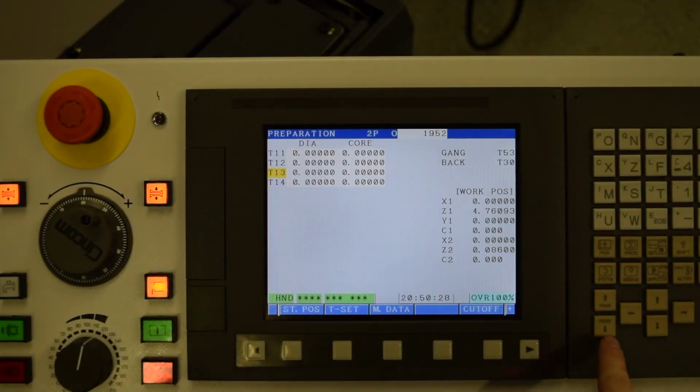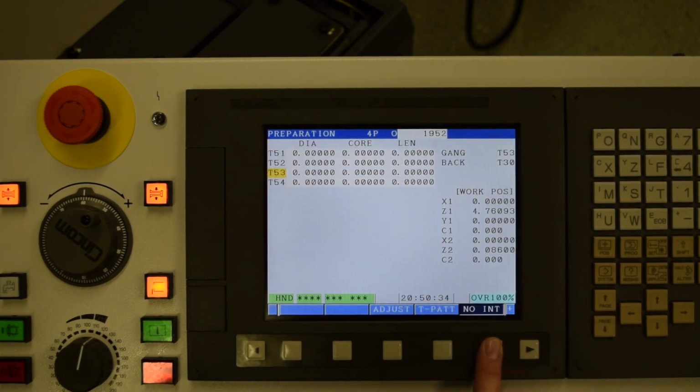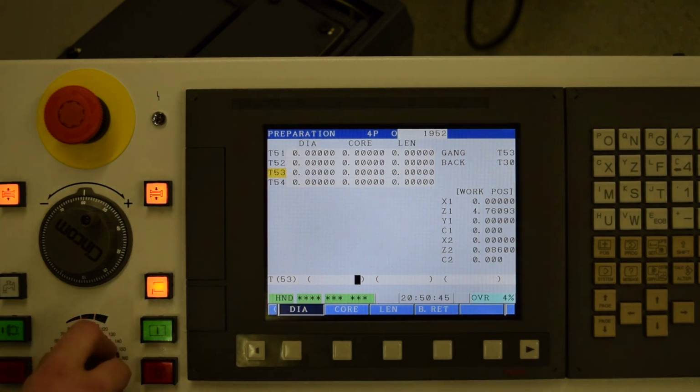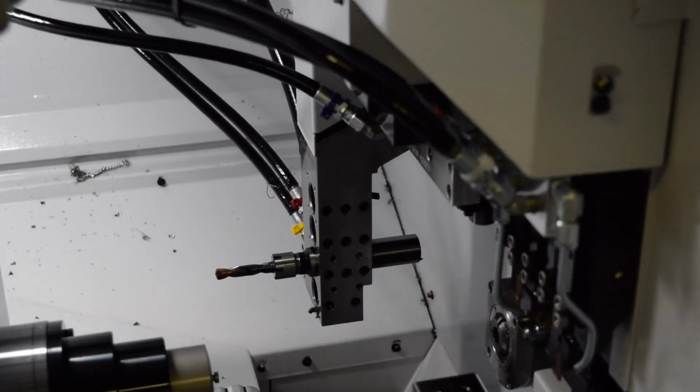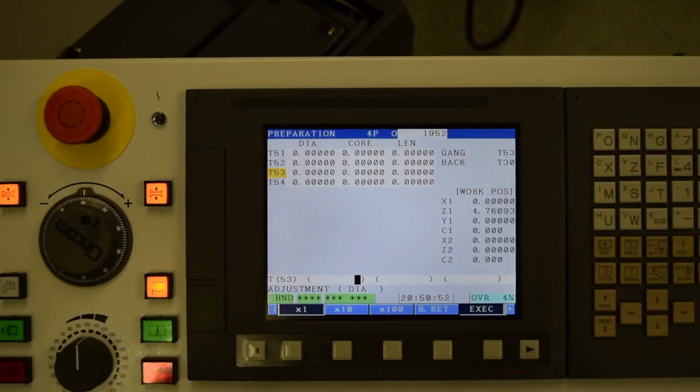So now let's go back to our preparation screen and select Tool 53 so we can touch it off. Let's also select No Interference to avoid any problems here. Go to T-set, hit Diameter, and hold Start till the machine gets into position. Once the tool is in position, let's right arrow key over and select long D for the Z axis,